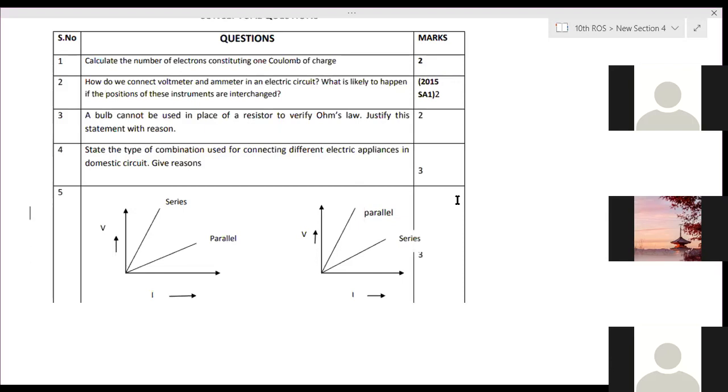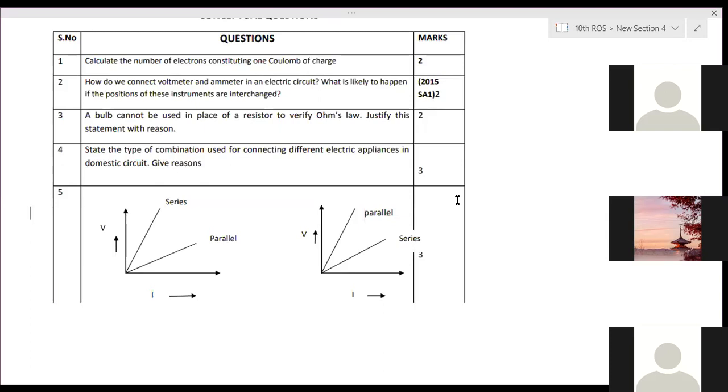Ma'am, I think when the bulb gets heated, so we can't exactly tell. The temperature changes, so we can't verify Ohm's law because it requires physical conditions to be constant. Yes, Ohm's law is verified only when the physical conditions of the conductor remain same. But when we glow the bulb, when it is connected to the socket, it will start glowing. That means the heat will be produced, and due to that, the temperature of the bulb wire increases. So resistance changes. If the resistance keeps on changing, then Ohm's law cannot be verified.